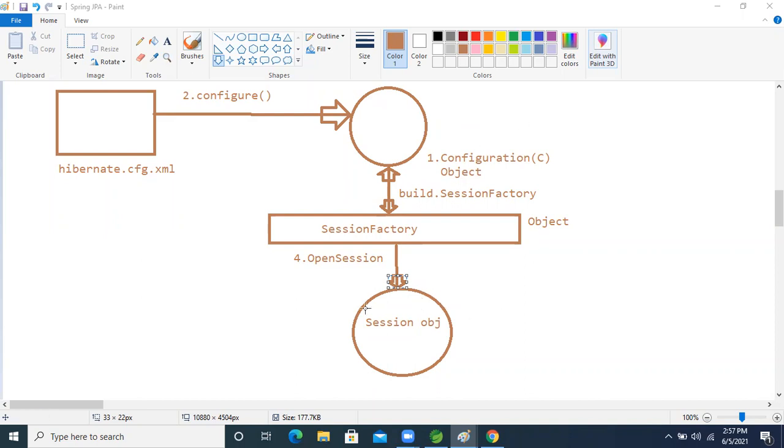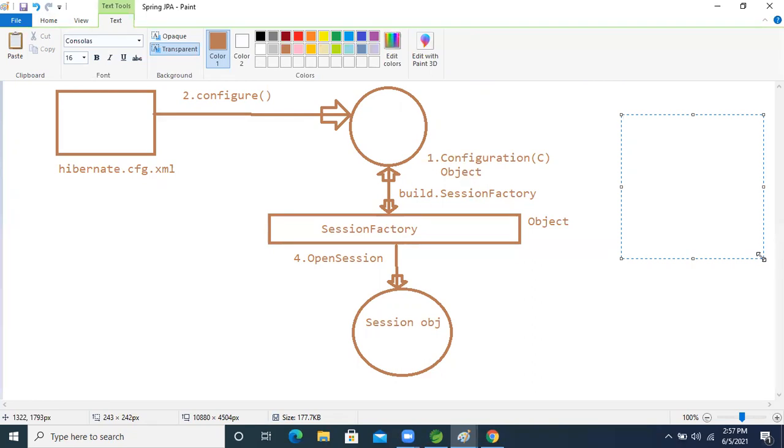So here, in the session, what will happen? In the database there are four types of queries: DDL, DML, TCL, and one more. But whenever we talk about using Java, there are only two types: select and non-select.